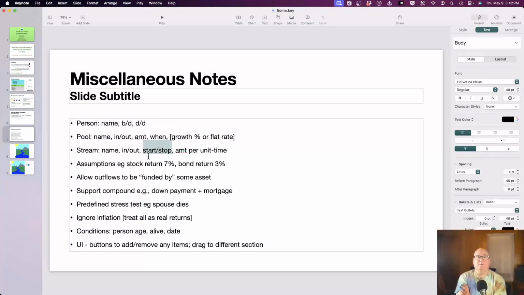If you've got a salary till 2025, and then you stop, and your expenses aren't going away, so whatever pool you had will now start declining over time. So start and stop, and I could make it choose the year or the month number, but I think in the long run it should be more flexible, and I should be able to say stop at age 67 of the person. But we don't even have people yet. Maybe that'd be a thing to add.